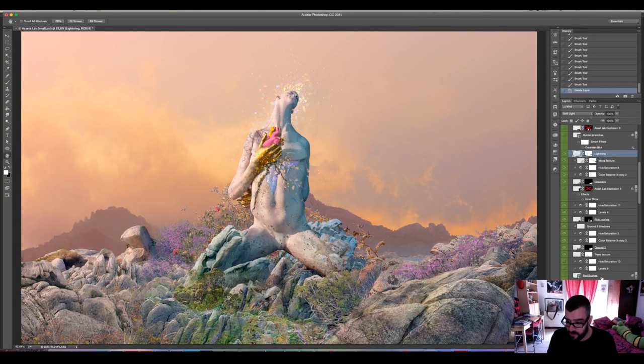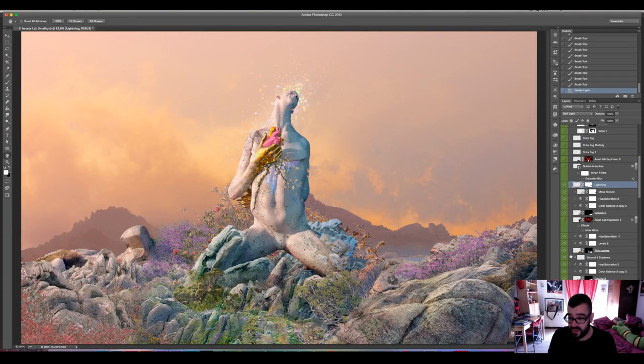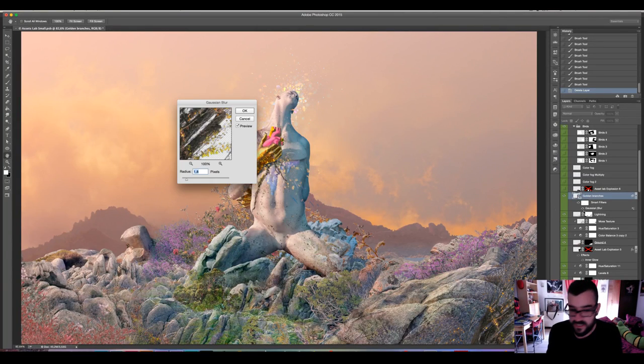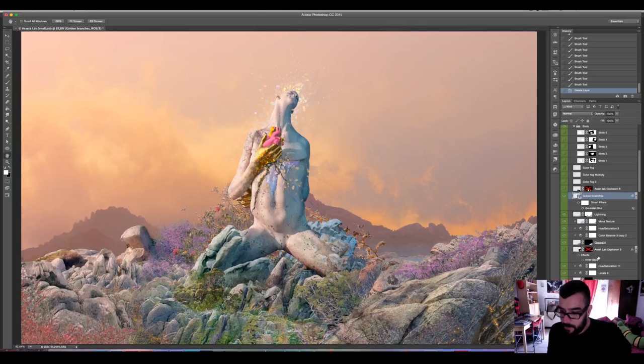And then I'm going to tell you about first plane elements, if I find them. Here they are. Okay, I was talking to you about depth of field, so I masked those layers out and turned them into smart objects so I could apply a smart filter, in this case Gaussian blur. So imagine I want to get rid of the depth of field here, so I just need to do this, or if I want to increase it, I just need to do this, which will come very handy. We want to create that here.